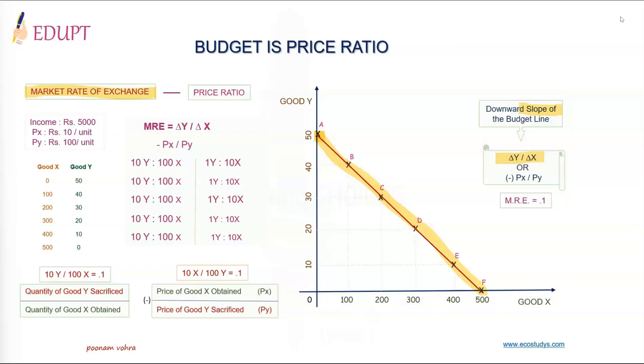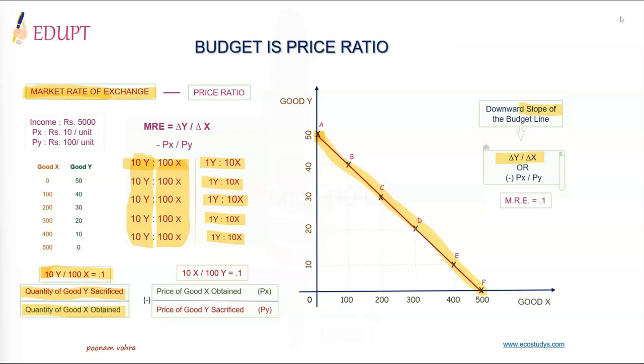As per the numerical example, 10 units of good Y are sacrificed to get 100 units of good X in each case. Or it can be written as 1Y is to 10X in each case. So the market rate of exchange would be that 10 units of good Y are sacrificed to obtain 100 units of X, which is 0.1, as it is written as quantity of good Y sacrificed divided by quantity of good X obtained. And by taking into account